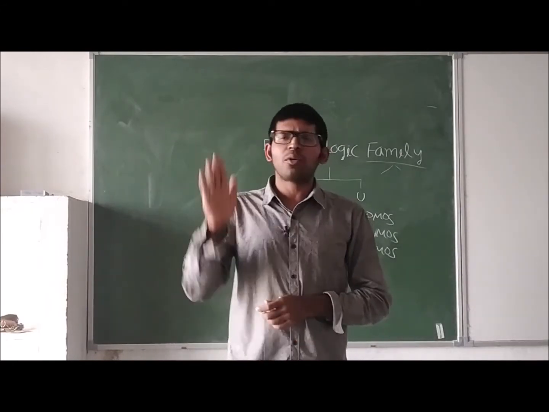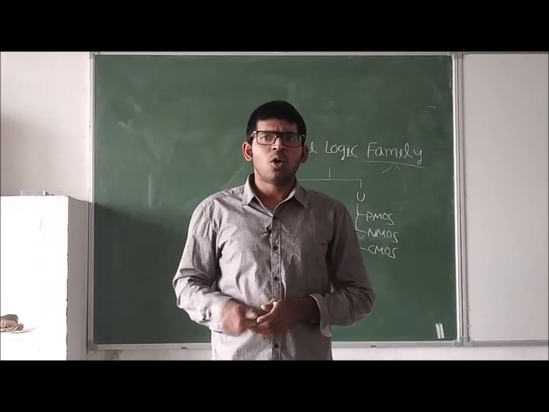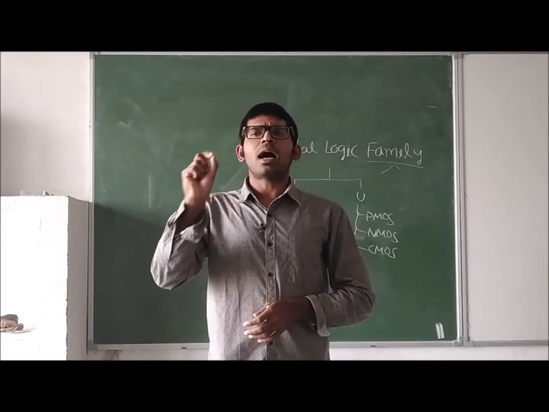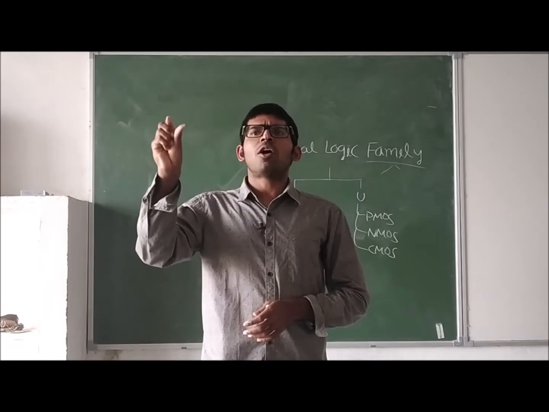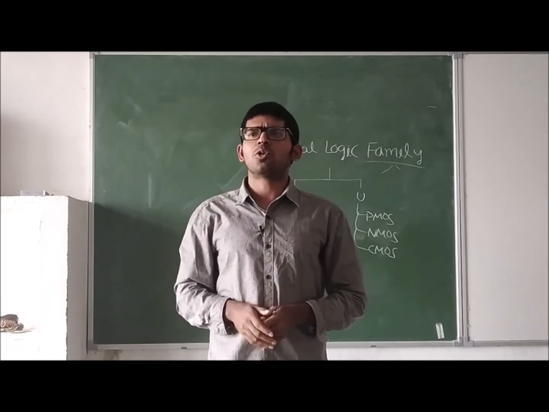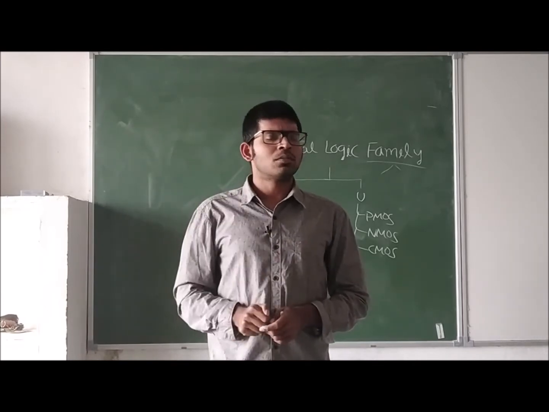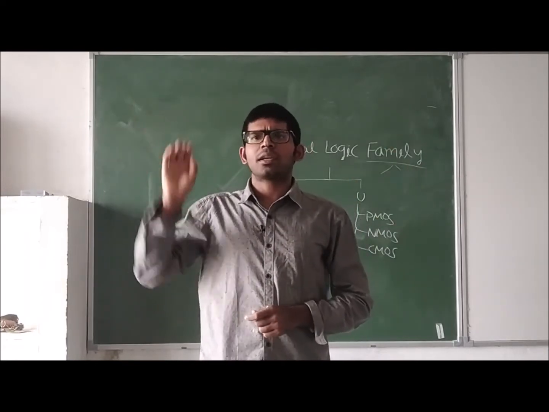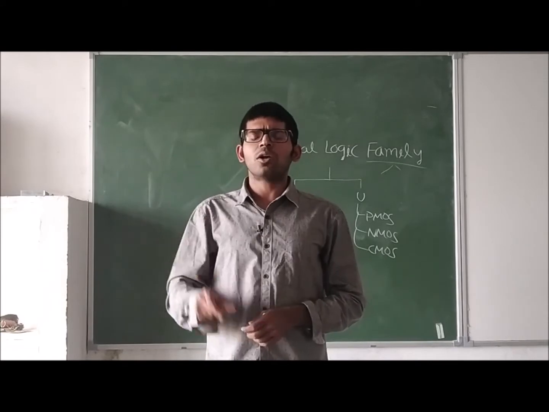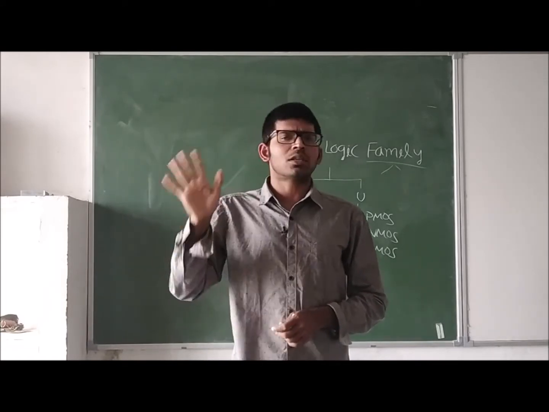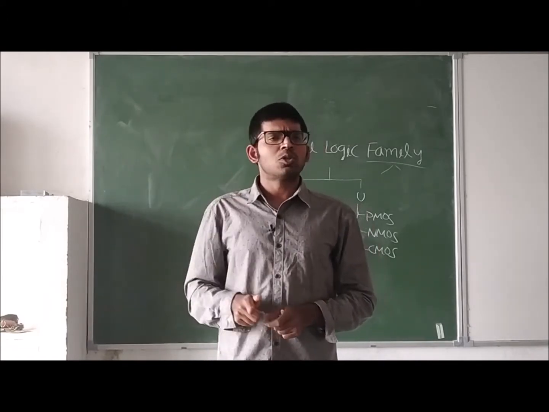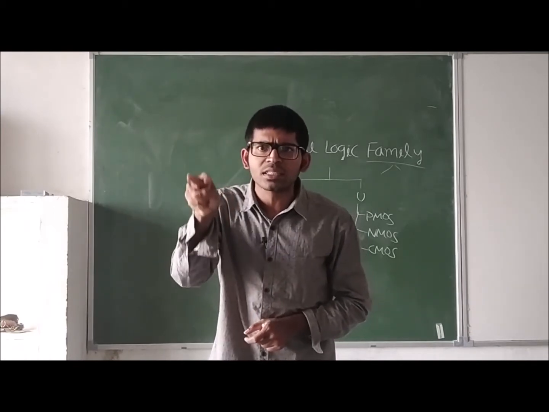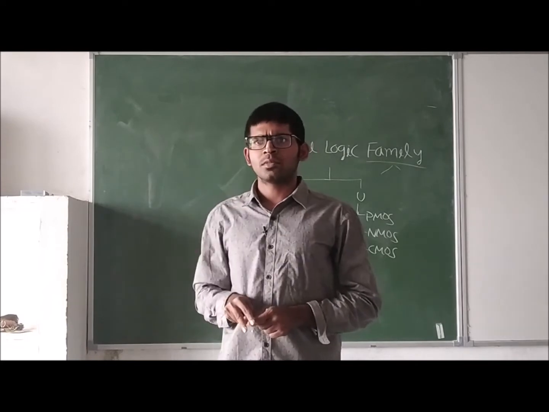Okay, now first we asked, I want an AND gate. Again the question came: how to manufacture that, how to get that AND gate? Then the answer is, it is available in the form of the IC. Again the question came: how can I manufacture that IC? I have two technologies. One is unipolar technology, the second is bipolar technology. Now I want to manufacture using the bipolar technology. Now I asked again, what does bipolar mean? There are two polarities. One is majority and the second one is minority.